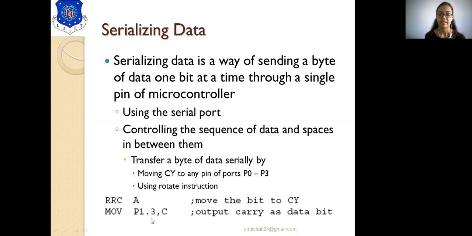Whatever the carry output is, that will be moved to the third bit of port 1. Every bit you transfer singly, one at a time, to the port, that is known as serializing data. You are transferring data bit by bit, serially, one after the other, to the I/O peripheral.